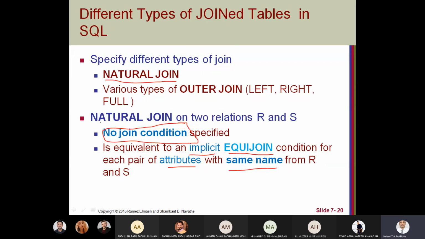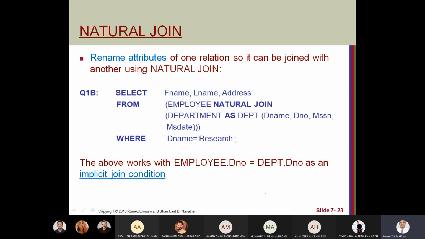We can use natural join. Why? Because natural join will look at the attributes that have the same name and consider them as an implicit condition. It will take it as a condition without you mentioning the condition.